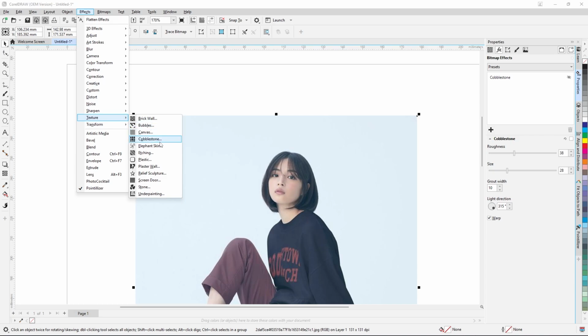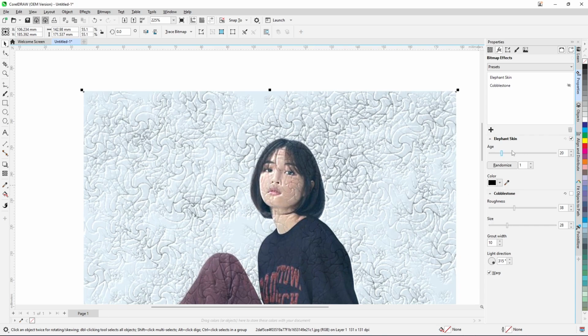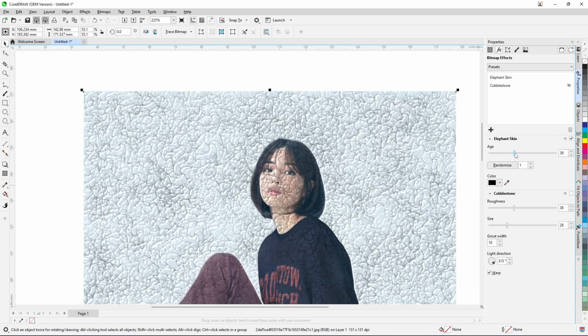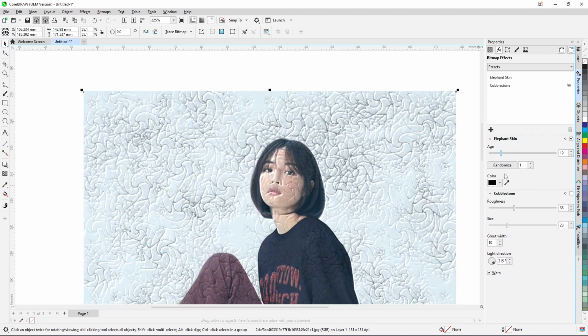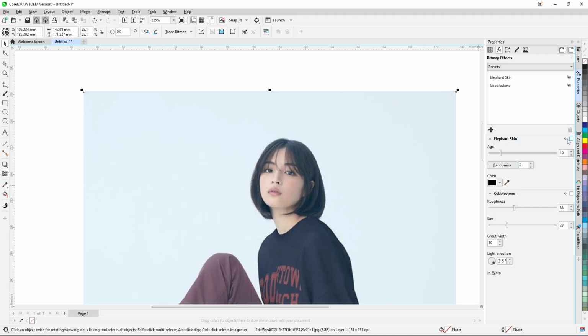texture, the elephant skin. So this is elephant skin. You can add this, the age wise. This is randomize, and you can change the colors. Okay, uncheck this one,